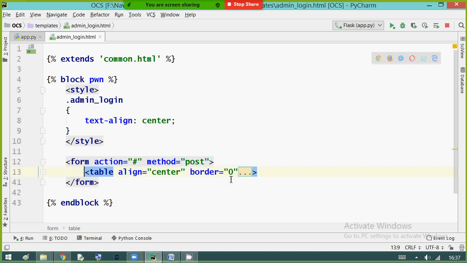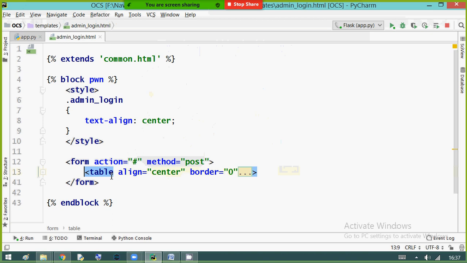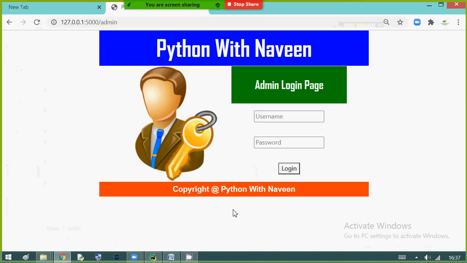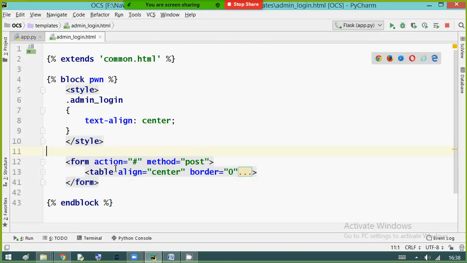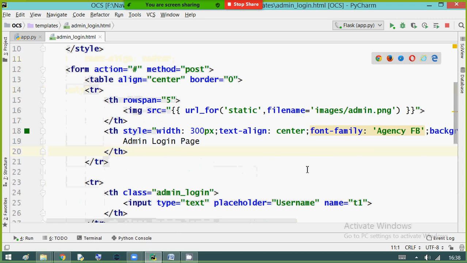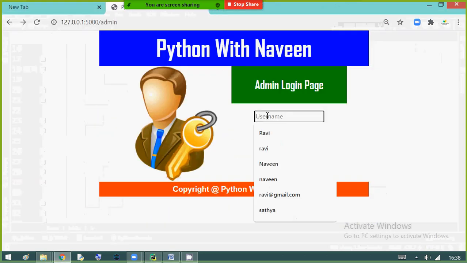Right. Let me see whether my button is working or not. Whenever you add a form, your button will work. Now observe carefully, the page will get refreshed. Okay, right. So now here I must enter the username.